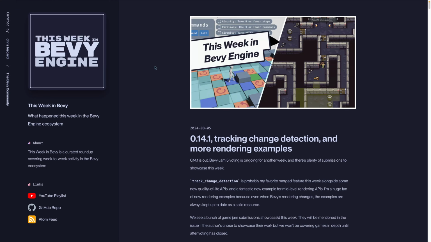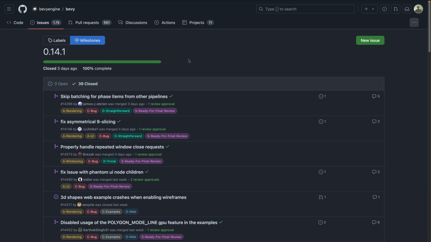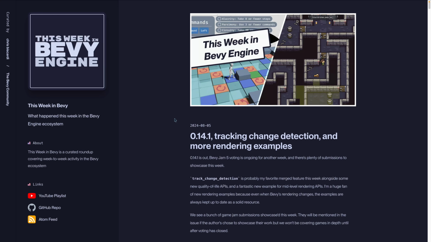This week 0.14.1 is out. Bevy Jam 5 voting is ongoing for another week, and there's plenty of submissions to showcase this week. If you're interested, if your fix got into 0.14.1, you can go check out the milestone, which has 39 closed issues and PRs. And we'll talk about tracked change detection in a minute, which is probably my favorite merged feature